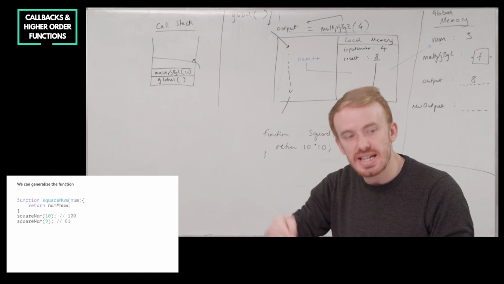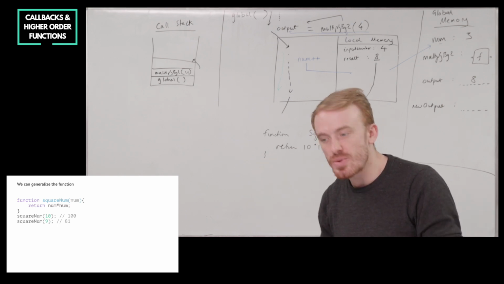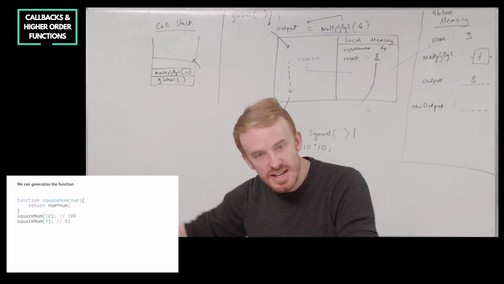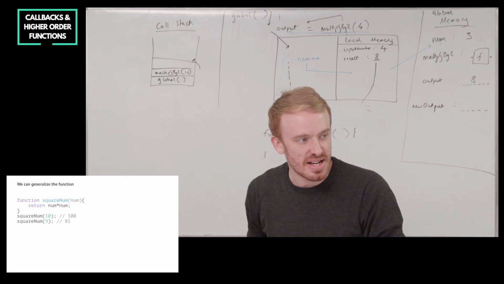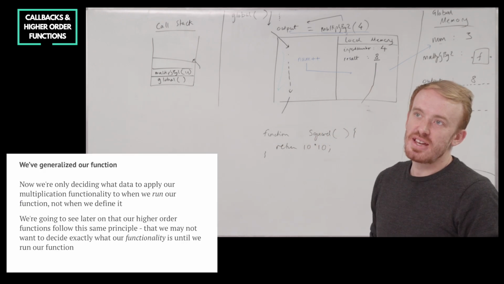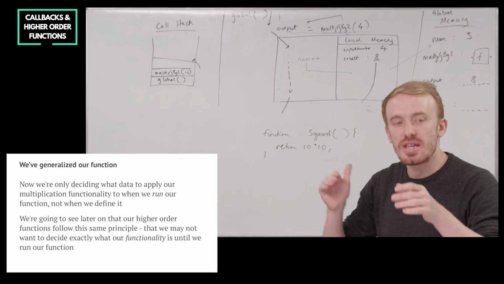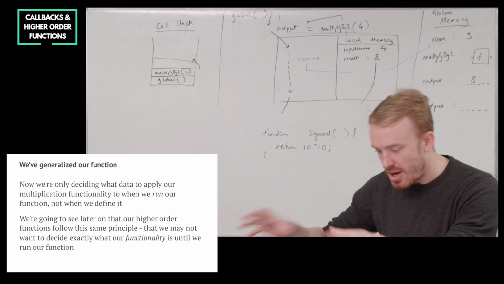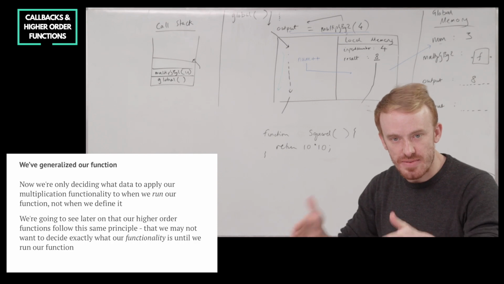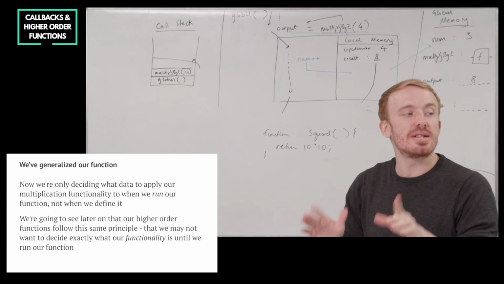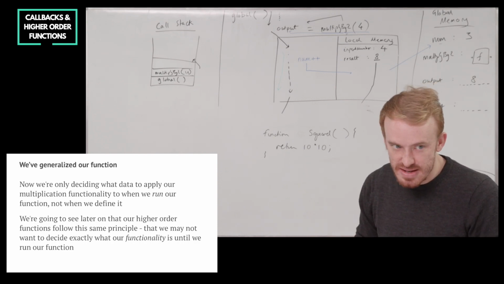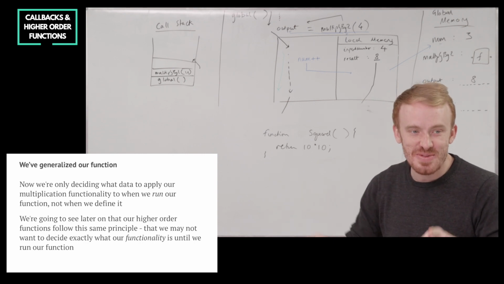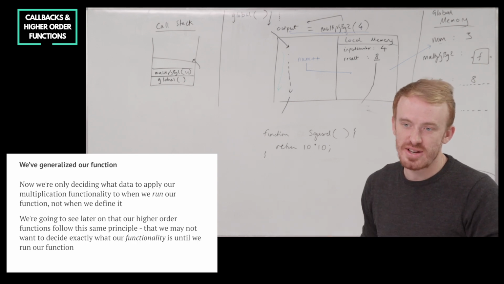So we can reuse it as many times as possible. For 10, to make it live, 10 squared. For 9, to make it live, 9 squared. For 8, make it live, 8 squared. And this principle of making our functions reusable, so that I can take the functionality and reuse it again and again for different numbers, for different data, is going to turn out to be the essence,